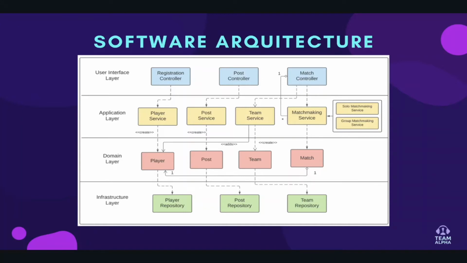The other service that is connected to the match controller is the matchmaking service. This service is connected to the match entity. The match entity is an entity that functions as a filter. So when the player wants to look for a team in the matchmaking service, match is used as a filter to look for a list of posts that have teams that are desired to the player, that have the specific